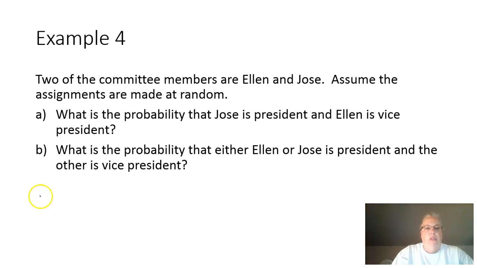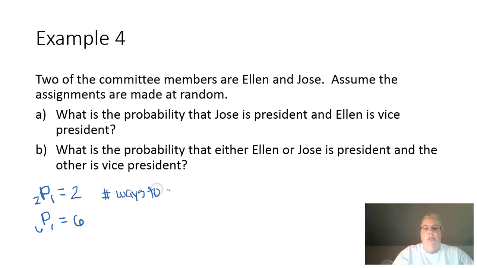Alright, so the first thing we're going to do is a permutation of 2 things, taking one at a time. In other words, I'm choosing between Ellen and Jose to see who it is that's going to get to be president. And this is going to give me 2. And then we already knew that the permutation of 6 things taken one at a time, this was to choose the secretary, was going to be 6. Okay? Alright, so now the number of ways